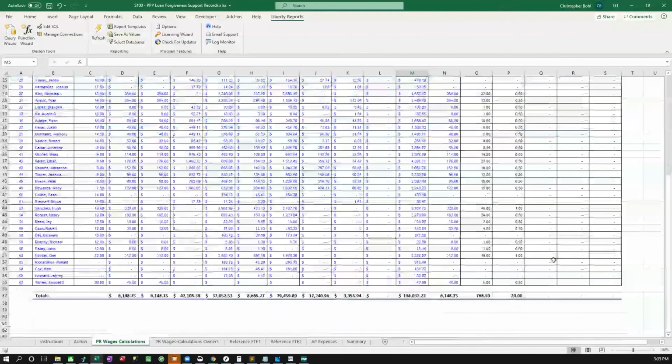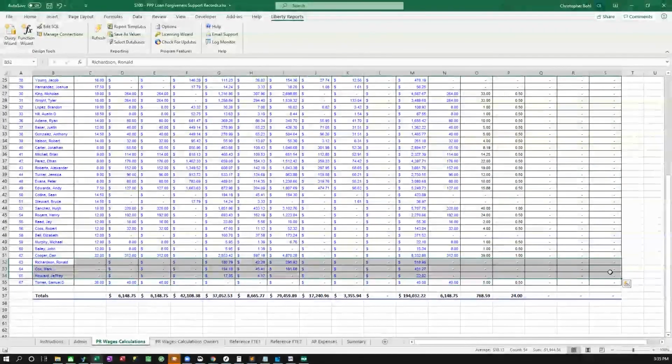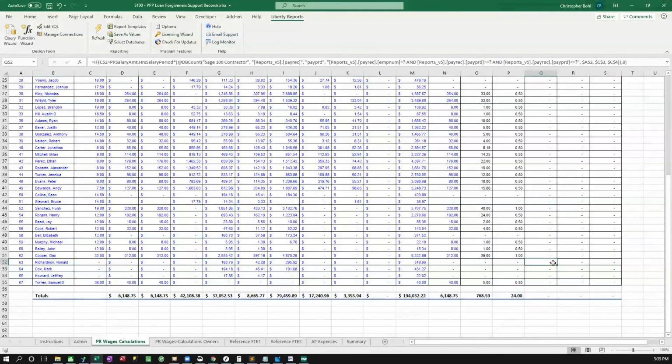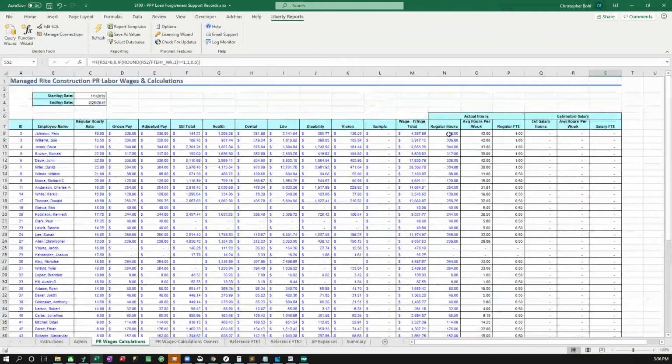We'll see here that the salaried employees in the sample data for the time ranges we have don't actually have any hours. They aren't actually getting paid during the period in the sample data. So what we would typically see is this will calculate out based on the number of hours per period and the paychecks per the period that we're looking at here to get number of estimated hours worked. And then it'll divide it by the number of weeks in the pay period to give you the number of hours per week that the employee worked on average. And then it calculates out your 0.5 or 1 full-time equivalent.